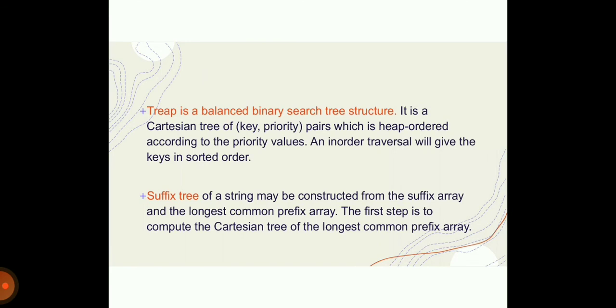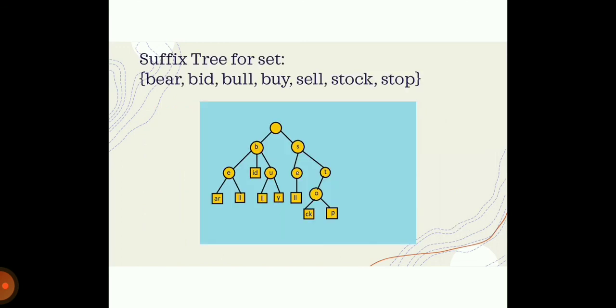The next application is the suffix tree. A suffix tree of a string may be constructed from the suffix array and the longest common prefix array. The first step is to compute the Cartesian tree of the longest common prefix array. So let's consider this example, a suffix tree for this set. Suppose we have these 7 elements: beer, bid, bull, buy, sell, stock, and stop. So the suffix tree for this will be like